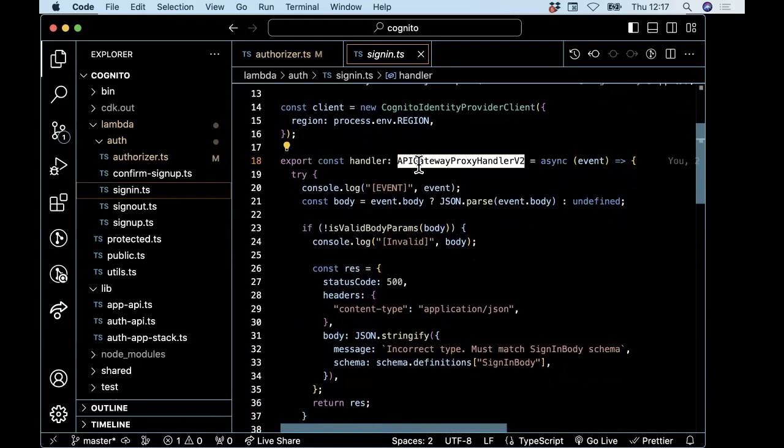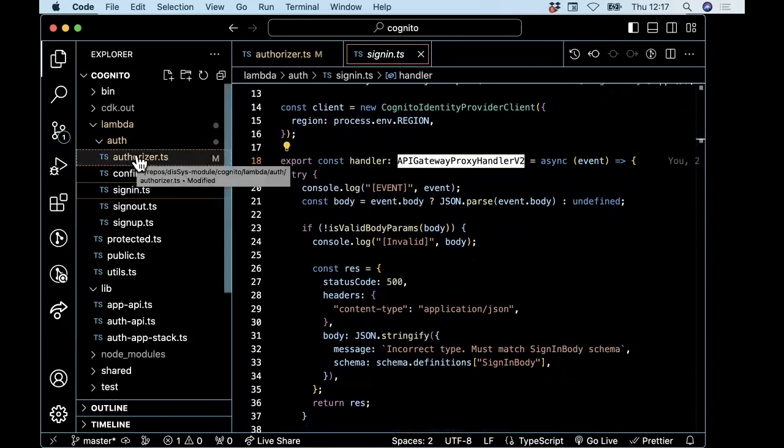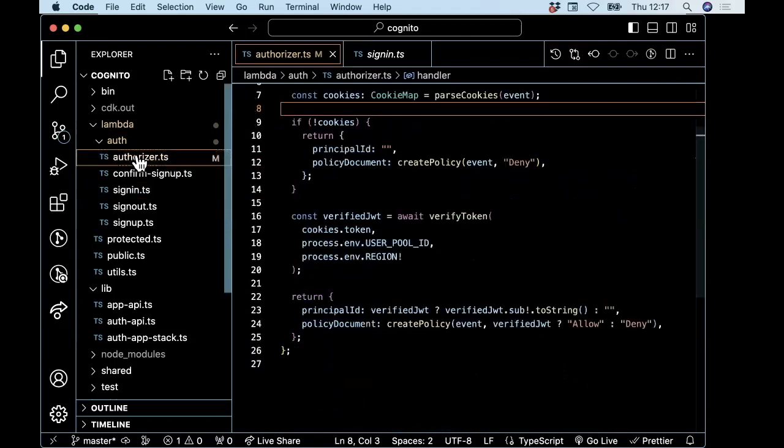They are the same as the handlers that you are developing in this week's lab. So I would describe them as standard API Lambda handlers. However, the authorizer is a different type of handler,